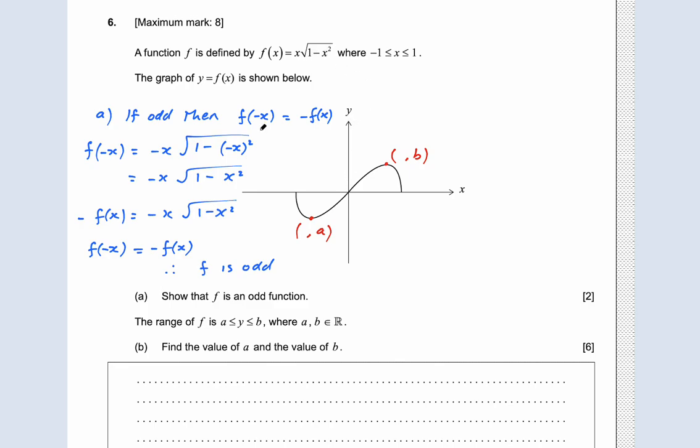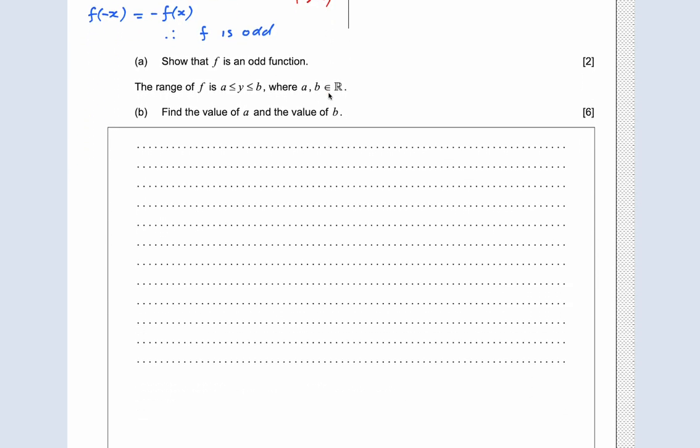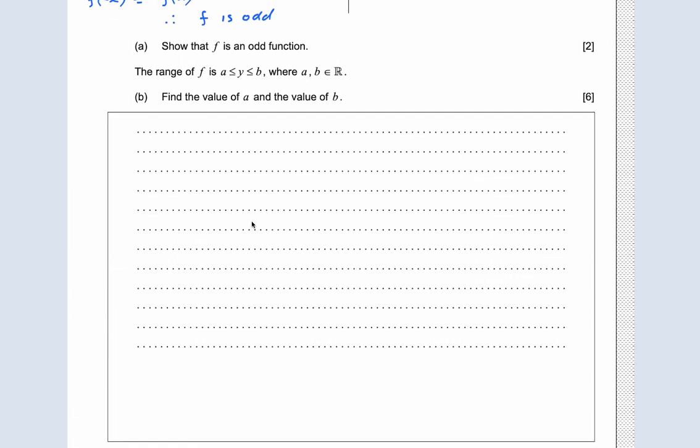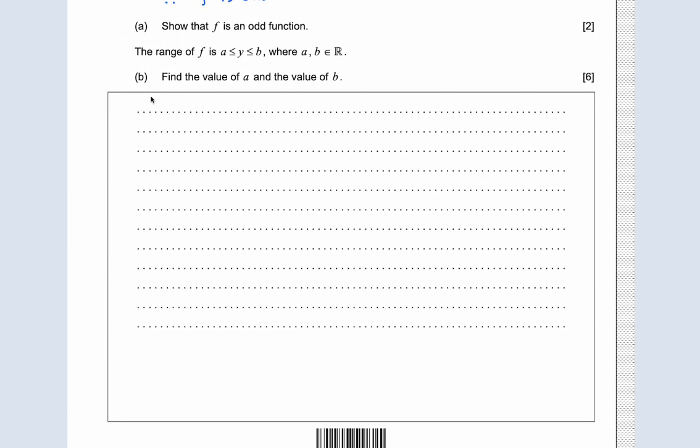So let's come down here. f of x is x times the square root of 1 minus x squared. So see what I mean? They did not give us a lot of space here. So part B, f of x is equal to x times the square root of 1 minus x squared. The derivative, f dash of x, is equal to, now we have to do, guys, product rule. So the product rule is